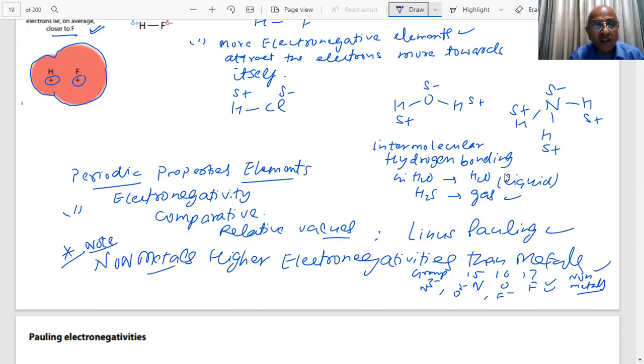What is the story of metals? Where are the metals? If I say group 1 and group 2, what are they doing? Group 1, group 2 elements, student, they are losing electrons. They are electropositive. You know that they lose electrons. Electropositive, student, group 1 and 2, calcium for example, they are losing electrons. They are electropositive. Yes or no? Tell me, is it okay? Have you noted down? Then I proceed further. Student, keep noting everything. Every word is important. Every line we write is important.